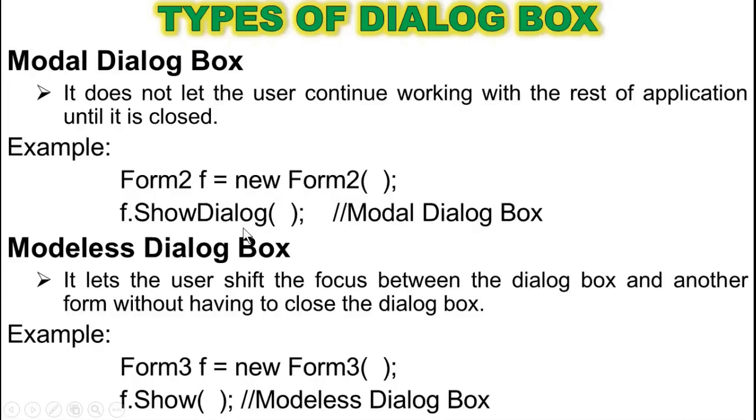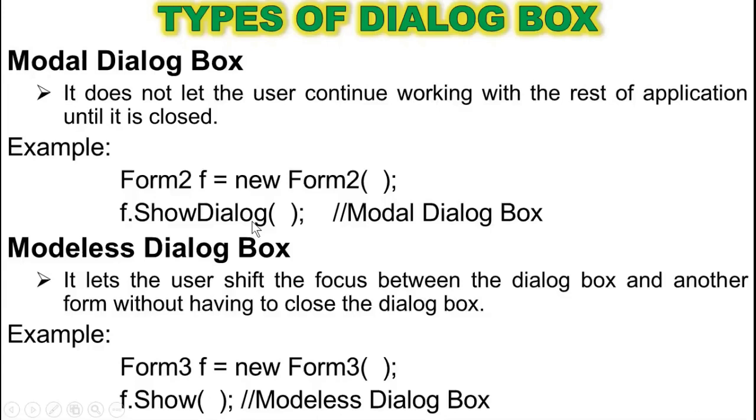Then the next line, to call that Form2 window as a modal dialog box, we reference the object name f and call the method ShowDialog. Once it appears on the screen, we cannot switch to another window until we close that form